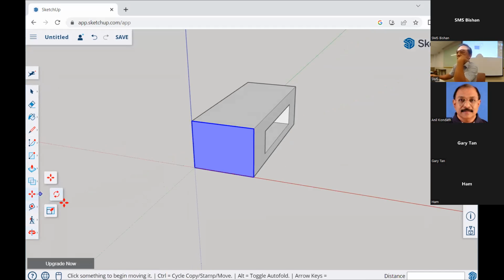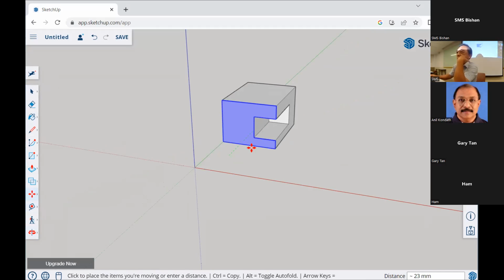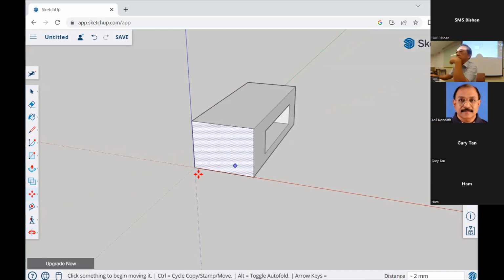Then move. Okay. Then you can see the cross section. You see the thickness, right? Then you can know,